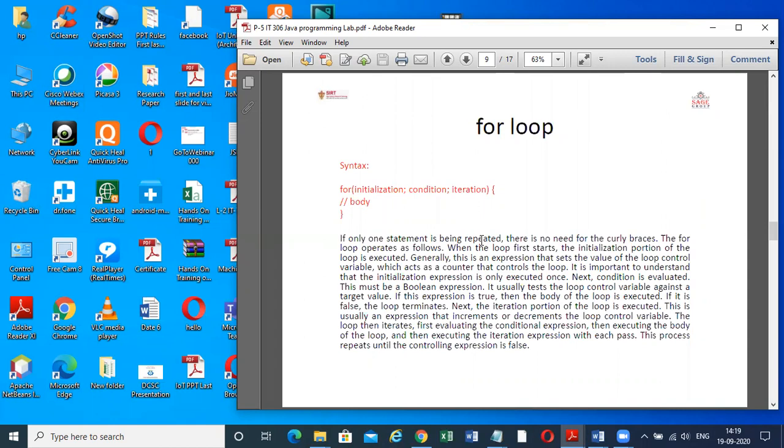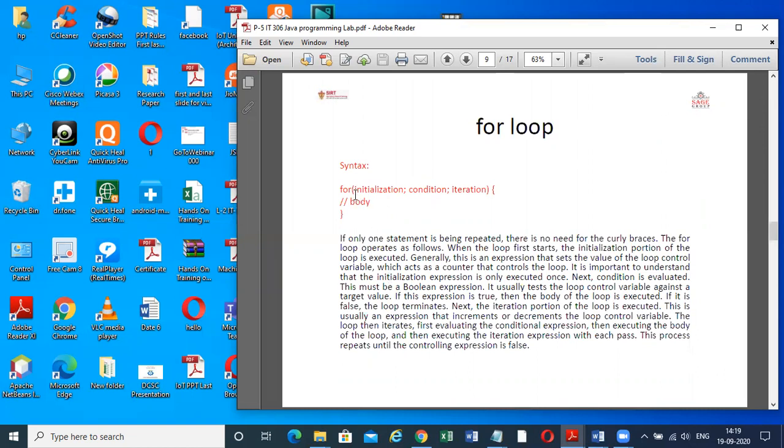So here, this is the for loop. This is the syntax of the for loop. The for is the keyword. Then the round bracket starts: initialization, semicolon, condition, semicolon, iteration, and the round bracket closes. I am putting pressure on the semicolon, not the colon, this is the semicolon. This is the major mistake made by students, even at the time of practicals and also in company interviews. So here this is the semicolon.